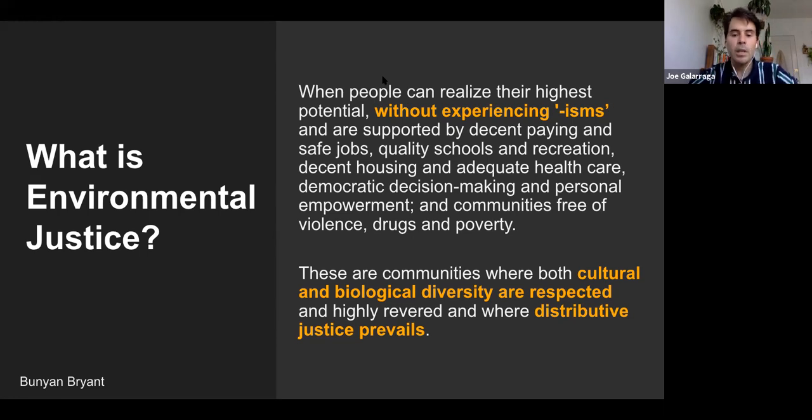One of the things that I think about here is that communities are culturally and biologically diverse as well. People often talk about biodiversity as being a big issue when it comes to how land is managed.